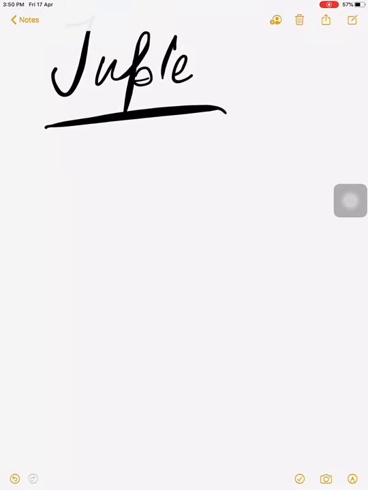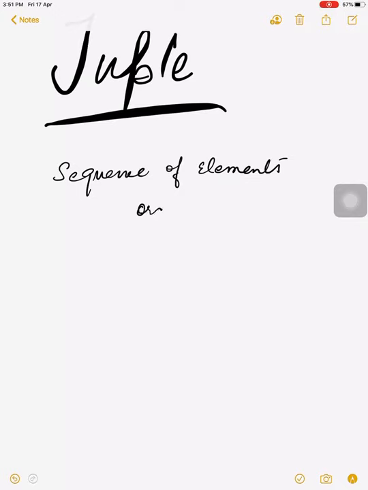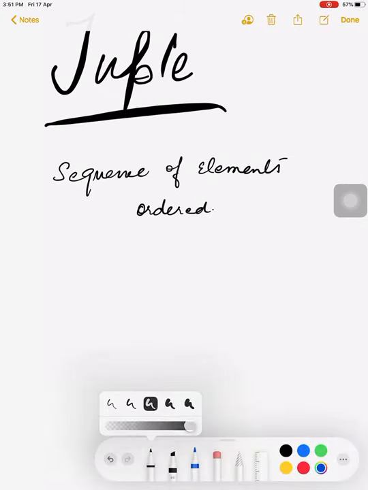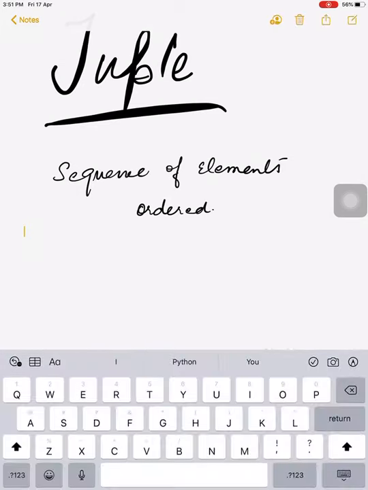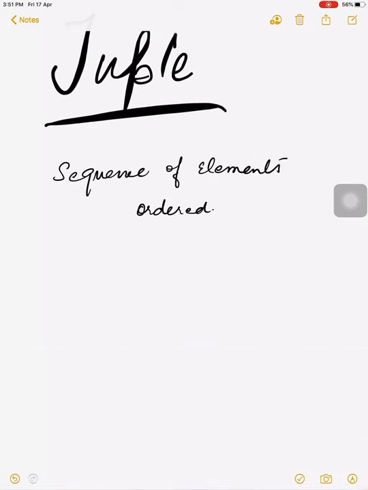First, what is a tuple basically? As you are very much familiar with the list, a tuple is also a sequence of elements. It is an ordered sequence, like your list.